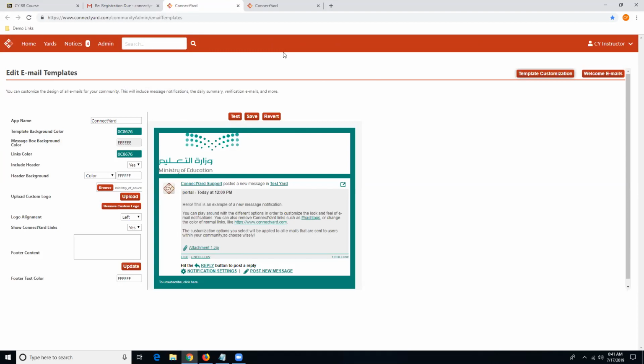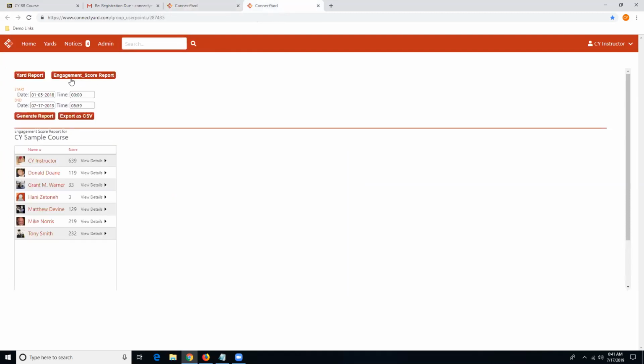On top of that, we have reporting, and one of the most popular reports we have here is actually the engagement score report. And what this allows us to do is see what users are actually engaged. So from an instructor's standpoint, they can see who is and is not receiving notifications, who is and is not replying to notifications. So if we were to look at this, our student user here, we can see that they